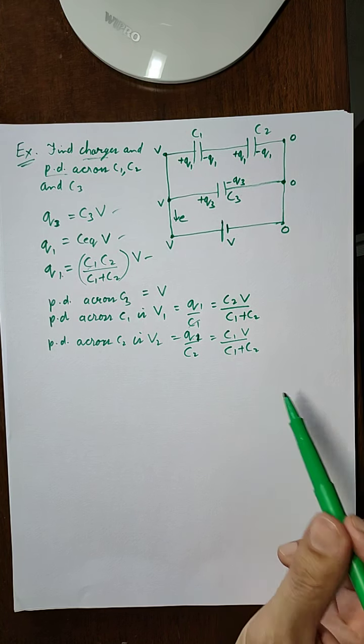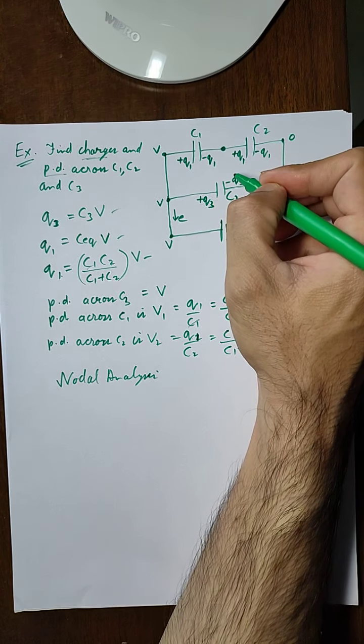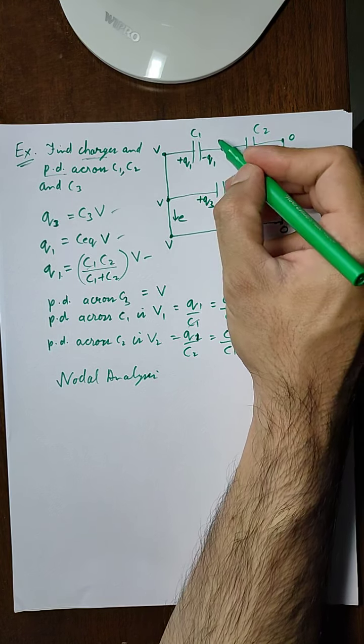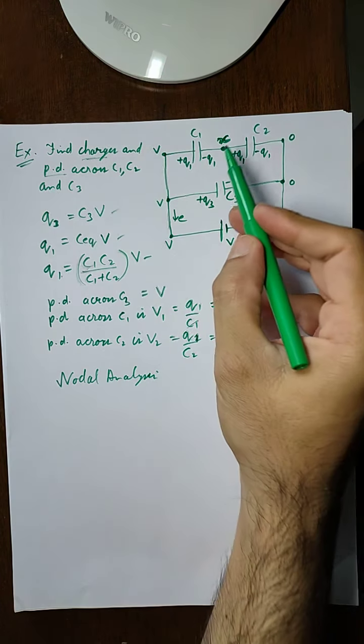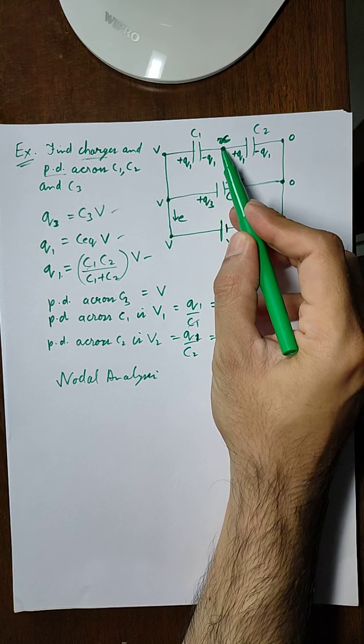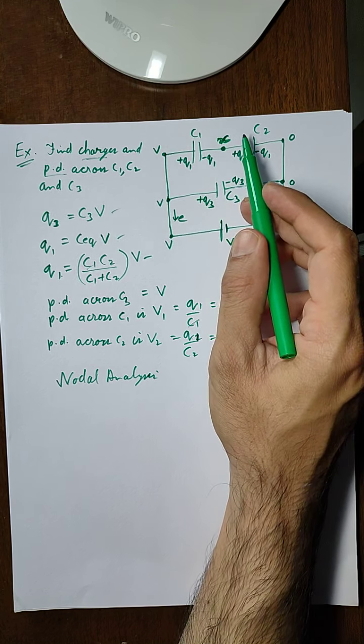Now this can also be done by using nodal analysis, in which we will have a node here. Let us say it is X. At this node, the total charge should be equal to 0, as we saw in the previous video. That means the minus Q1 and plus Q1 here will be 0. So by nodal analysis we can write